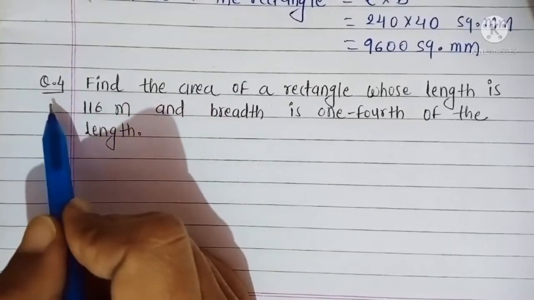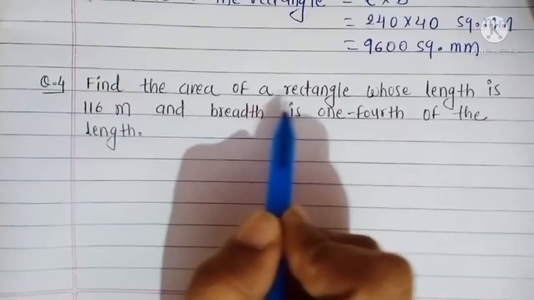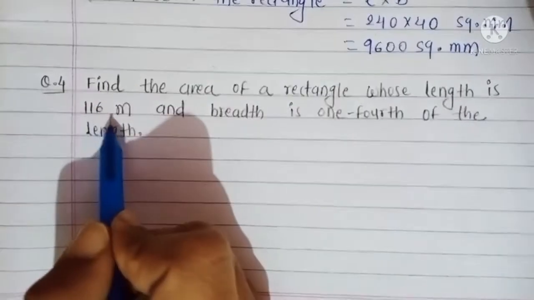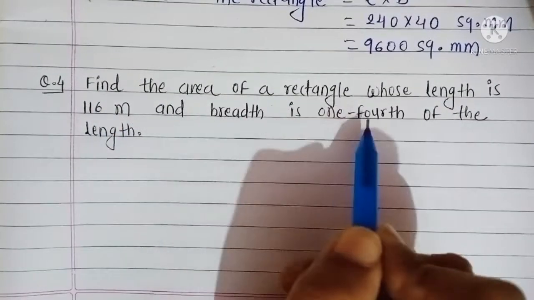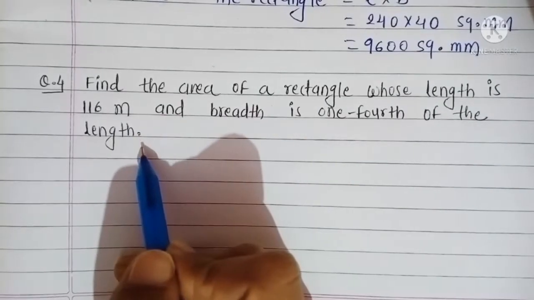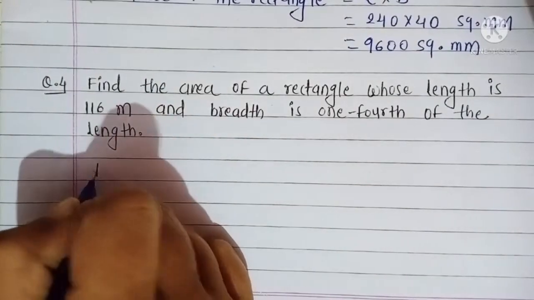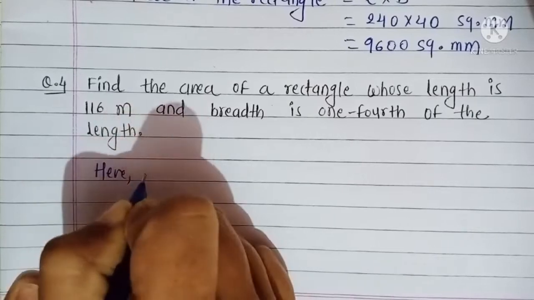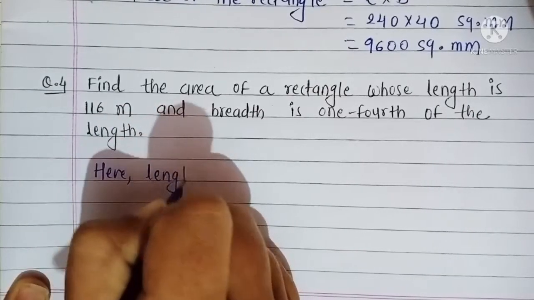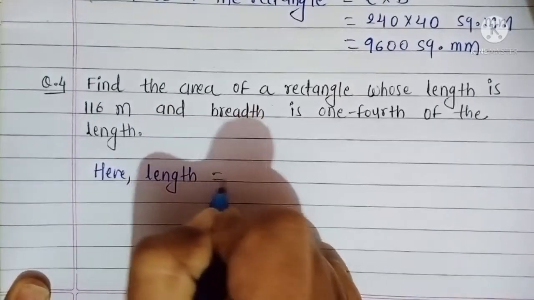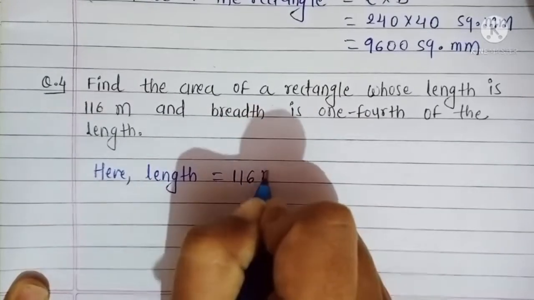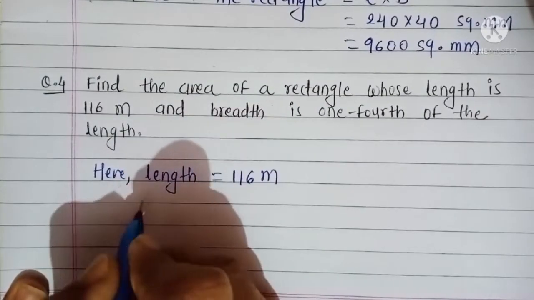Next, question number 4. Find the area of a rectangle whose length is 116 meter and breadth is 1/4 of the length. So here length is equal to 116 meter and